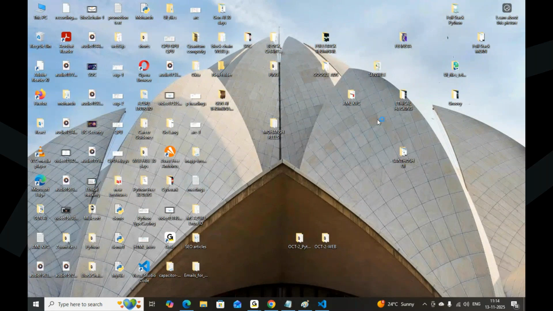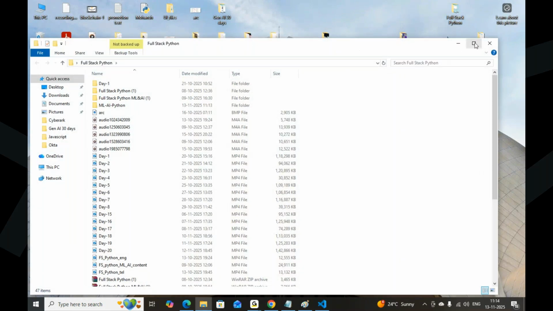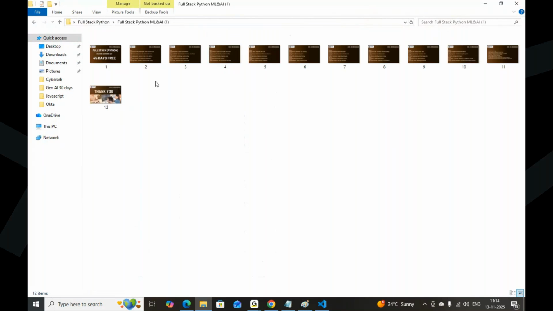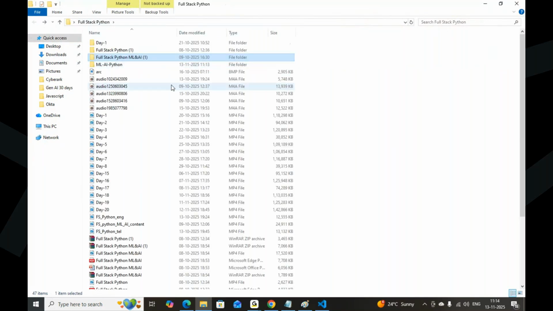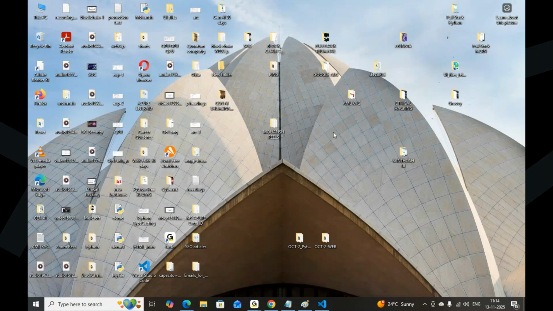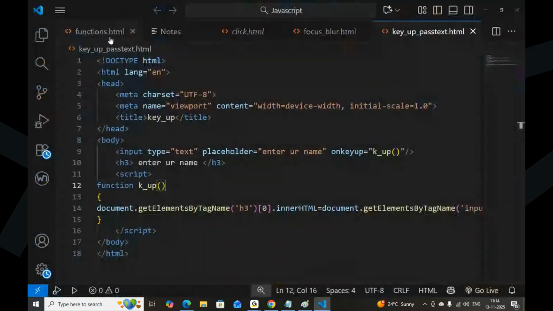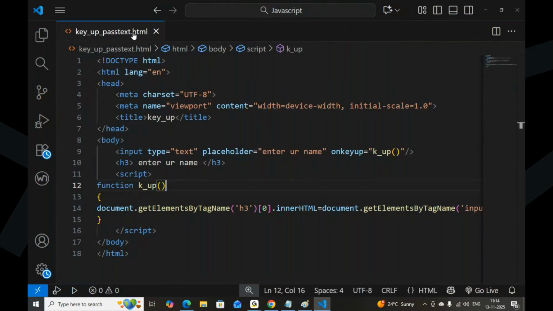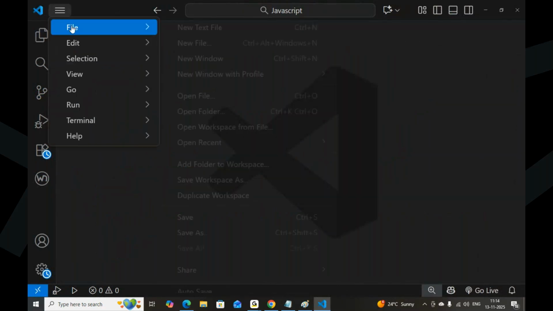Yes, full stack Python is here. Full stack Python ML AI. Let me create a folder. I will close all these things here. Open folder.